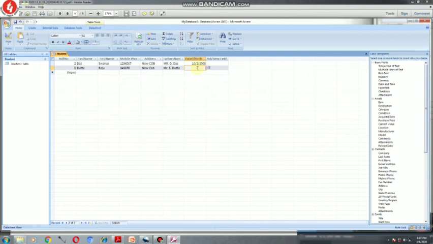Like that you can insert data, say 10/10, and 15/03/2016. Like that you can insert data here in the table. So this is how you can work on the table design.